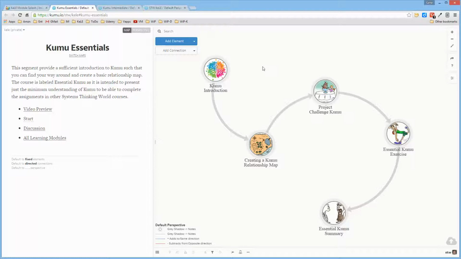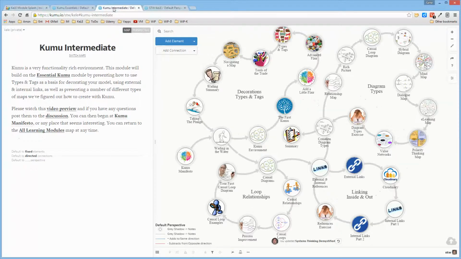Though what I also like about Kumu is that discovering the capabilities of Kumu is like wandering around in an endless maze where you simply discover things on an ongoing basis, because the product is amazingly deep in terms of capabilities. So the Kumu Intermediate module takes over where the Kumu Essentials left off and attempts to, don't be overwhelmed, it's not that difficult,